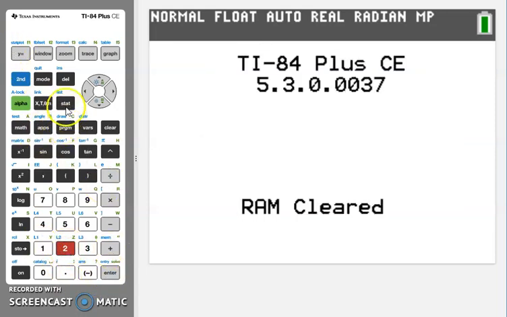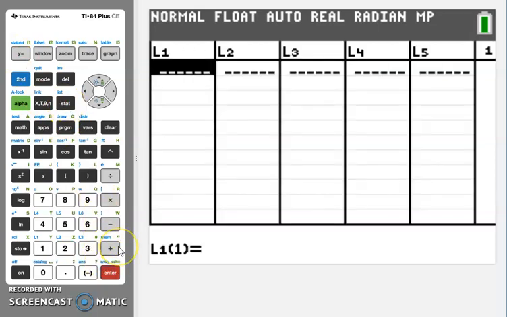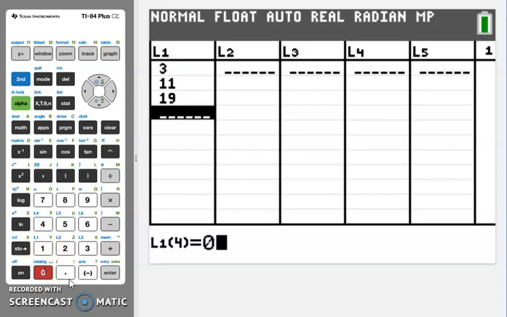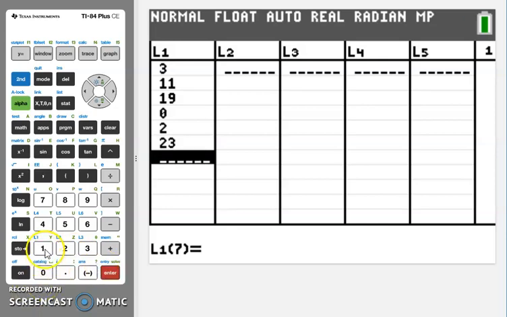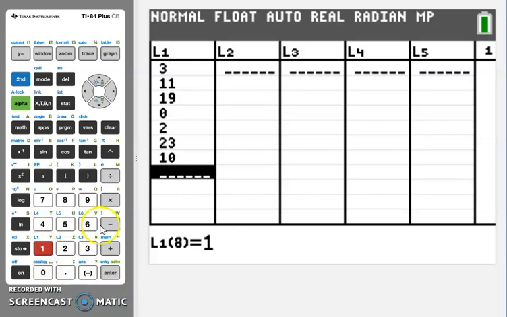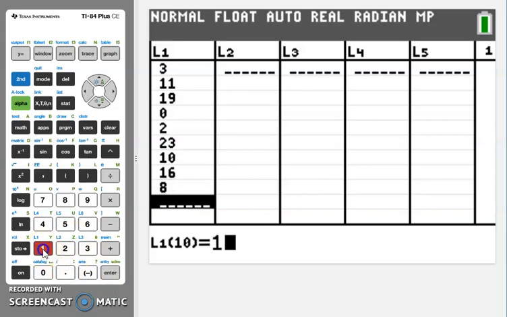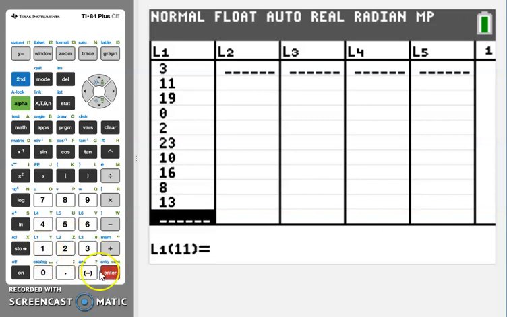Okay, so let's go to Stat, Enter. We have a blank table here to work with, and let's type in the data in example 1. 3, enter. 11, 19, 0, 2, 23, 10, 16, 8, 13. Okay, I have 10 data points in this list, and it looks like I have 10 data points here,